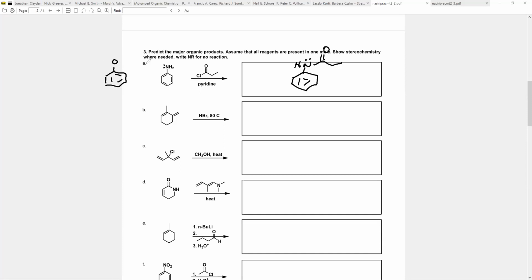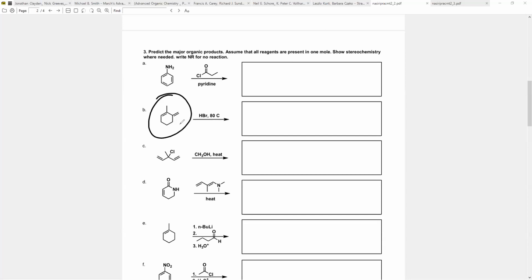Don't forget, anilines are also very good bases. So anytime you try to do an H plus type reaction, like an H2SO4 dehydration type reaction, we form the anilinium, which is actually a withdrawing group. So now it's the meta positions that tend to react. Okay. Cool. All right. B,